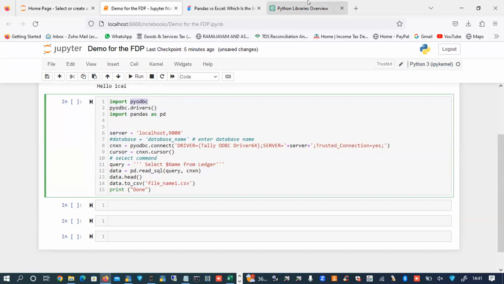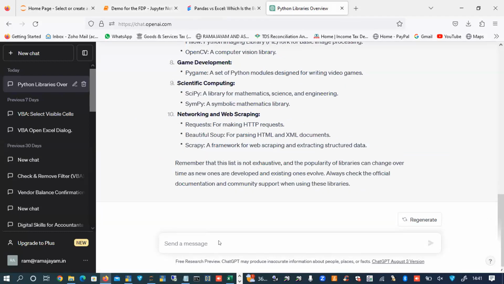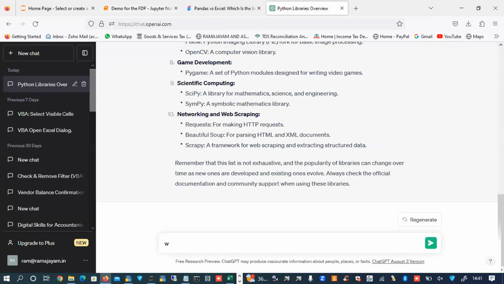For example, let's assume you're going to import a CSV file. I can say in ChatGPT, write a script to import a CSV file to pandas.